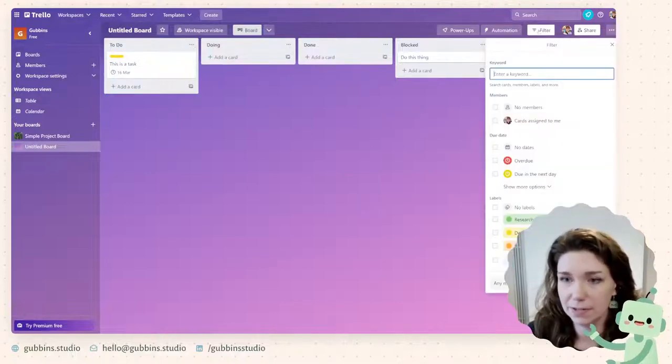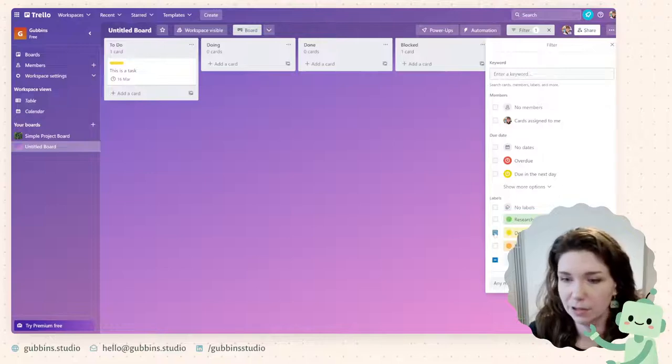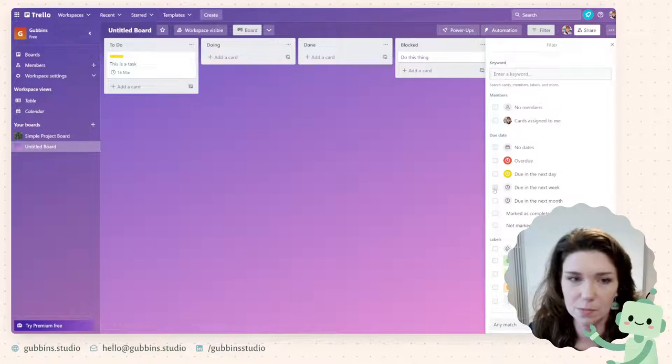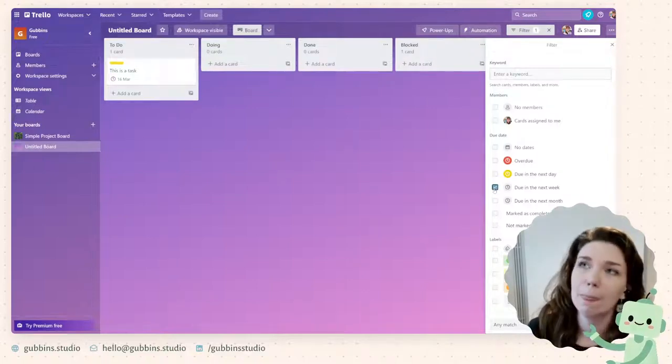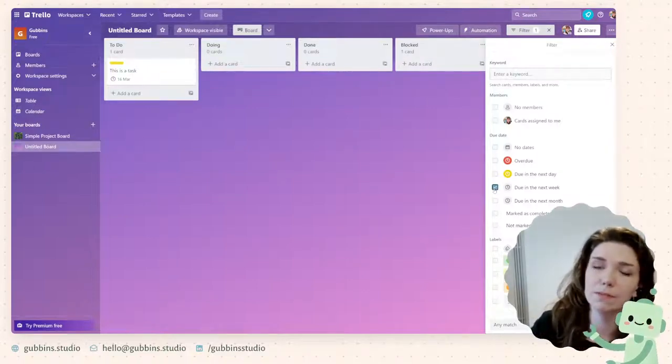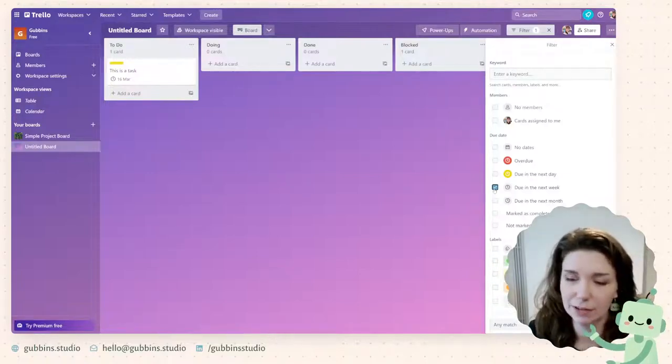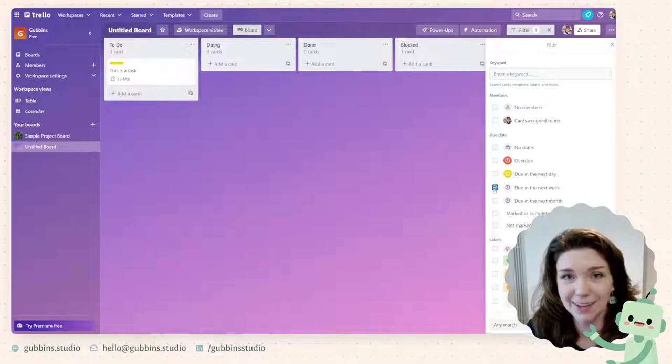So here in Trello, there is a filter where you can only show design tasks, for example, or you can show things that have a due date that's within the next week. So you don't have to show everything. You can filter it to stuff that you just want to look at on that particular time you're looking at it. That was a good sentence.